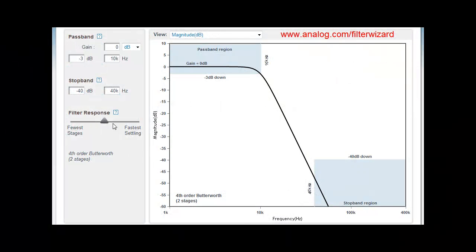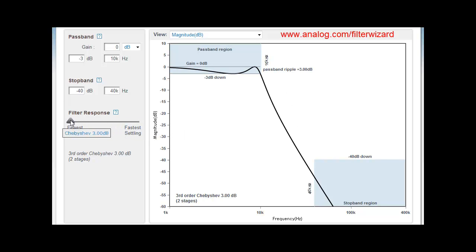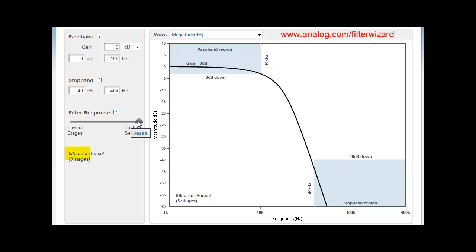So we can use this slider in the Filter Wizard program to change the filter responses. I can move it over here to the right and make a Bessel response, or move it all the way to the left and make a Chebyshev response. So you can see that on the Chebyshev we only need a 3rd order filter, but if we move to the Butterworth we need a 6th order filter to get the same cutoff frequencies of 10 kilohertz and below 40